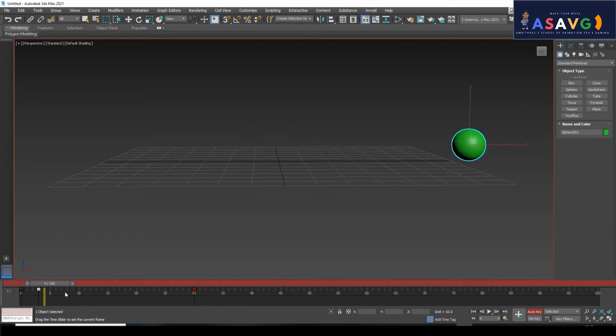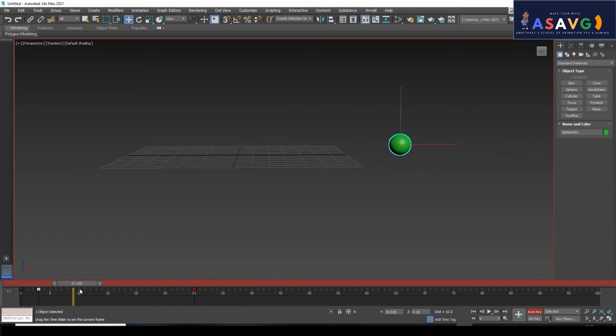If you want to make an output of this animation, whatever you have done, this is a very simple animation. This animation has to be seen as output, so we call it a playblast, or output file. Sorry, output file, playblast. If you want to see the playblast over here, there is a plus mark here, right?